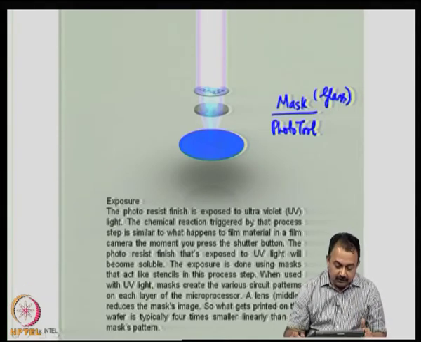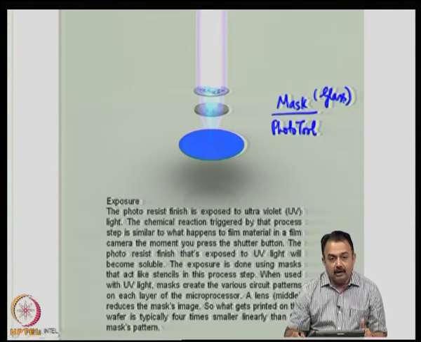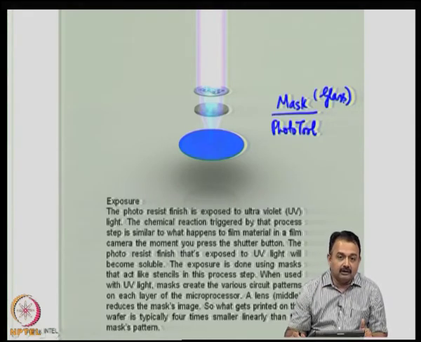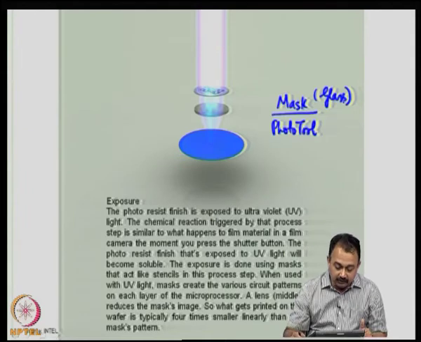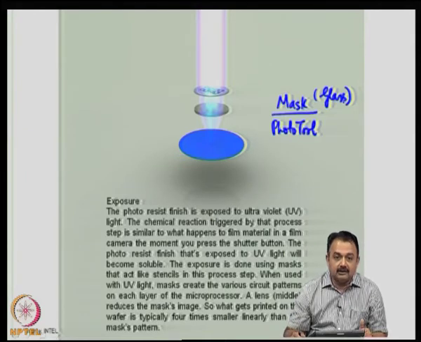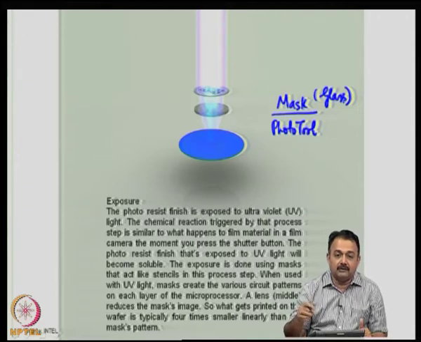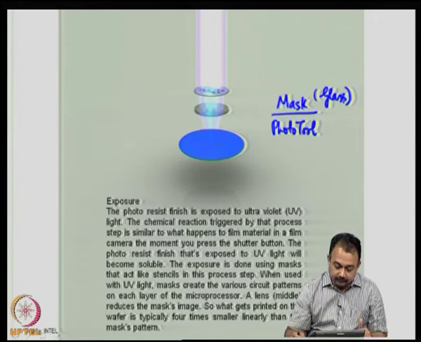So, the photoresist film is exposed to UV light. Obviously, there will be some chemical reaction that will be triggered by this exposure to UV light, and what happens is basically this thin film of material changes its chemical property, its physical property. That is the purpose of exposing this, and how you tackle this post exposure is known as the developing process, which will define the latent image that is created initially on this photoresist.